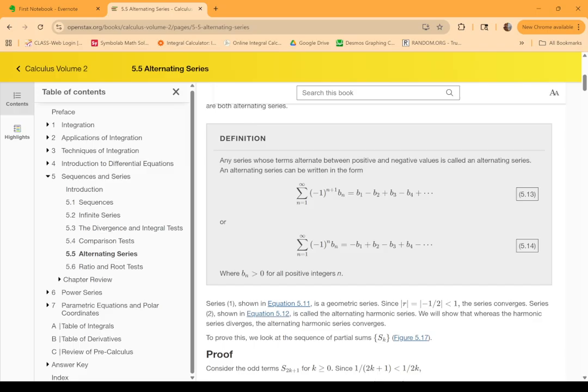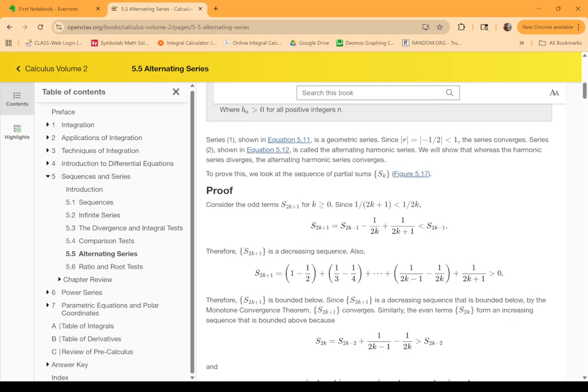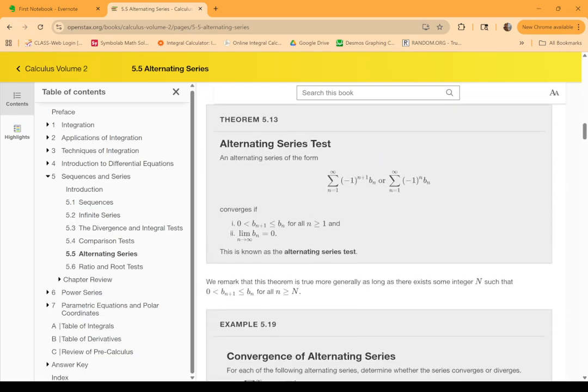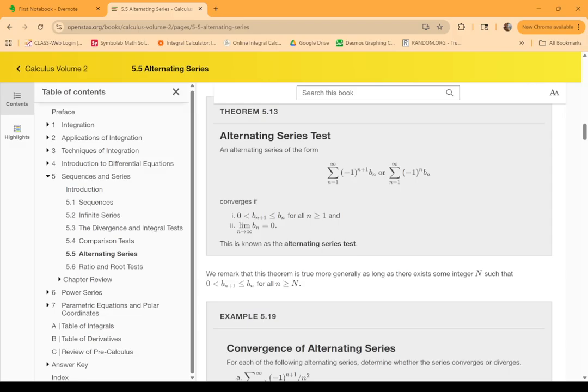The good thing is that there is only one test, and it's a very straightforward one. It involves taking a limit. But how we interpret that, there are some subtleties in the alternating series test. So, given an alternating series in the form of (-1)^(n+1) b sub n or (-1)^n b sub n,